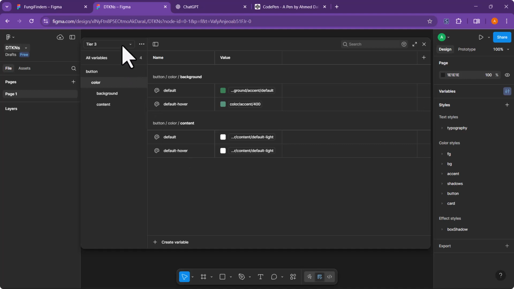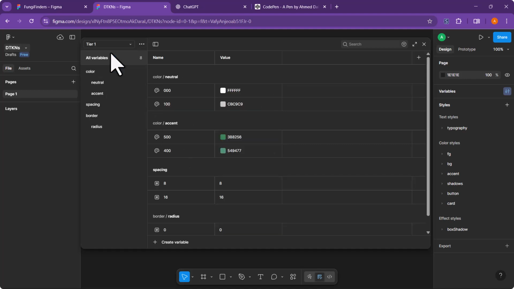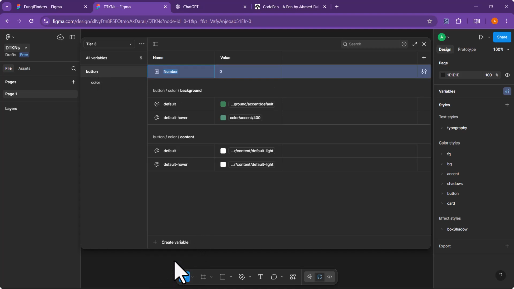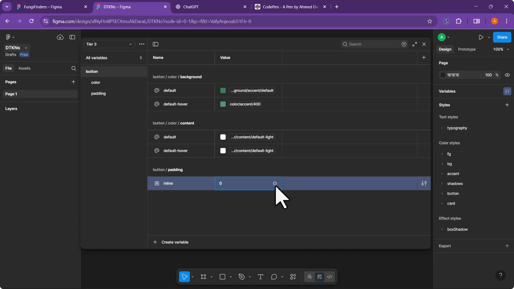Okay, no, let's go back to our tier 1 and see. We have our colors, we have our spacing, we have our border. Yes, here we are done with our button colors. Then what we need to add is padding. Let's create a variable. We're going to call this padding inline. We're going to connect this to,